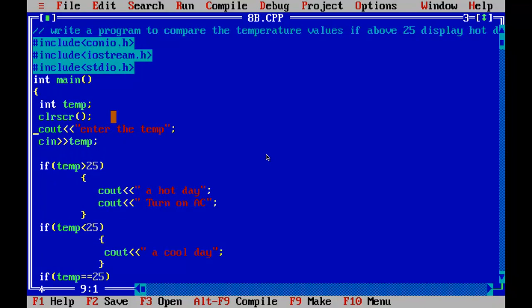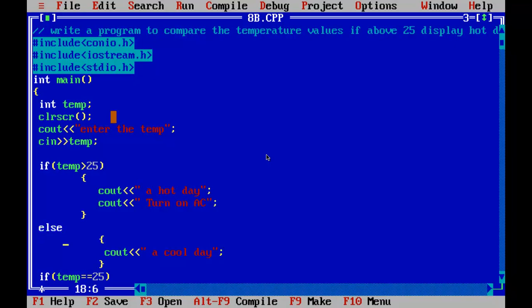So we will read the temperature in temp, see out, enter the temperature, and read the temperature. Now here, if temp greater than 25, a hot day, turn on AC. Now for the alternative, we will not use a condition. We will remove this and we will use only the else part.